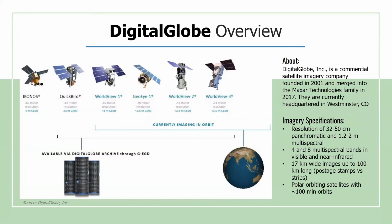Digital Globe, or DG, is a commercial satellite imagery company founded in 2001 and merged into Maxar Technologies just recently in 2017. DG has 4 active high-resolution satellites with resolutions ranging from 32 centimeters to 2 meters, just depending on the bands. And these satellites take approximately